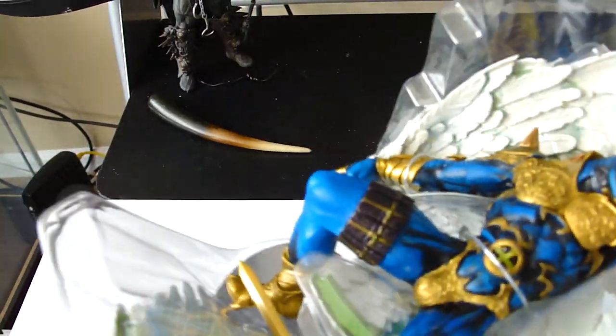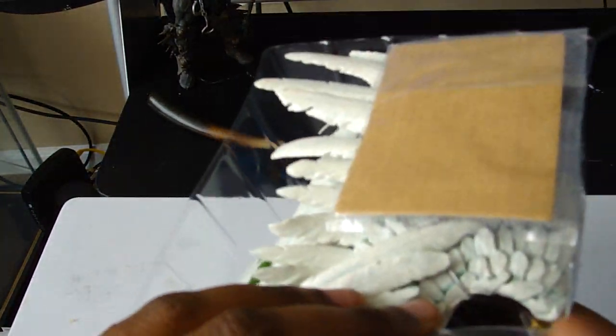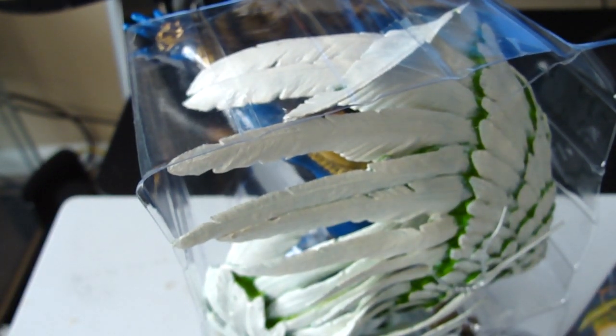Alright, now let's see what all comes with this guy. Alright, see, this Redeemer has wings, and there's a backstory. Ooh, there's a little, I think there's the comic ones, like the series that these are in. And I think there's another comic cover series. They have a little card that actually attaches to the stand to display what cover they're from, which actually in reality this Redeemer is